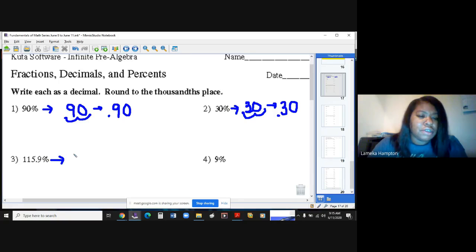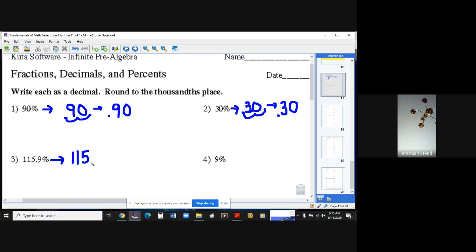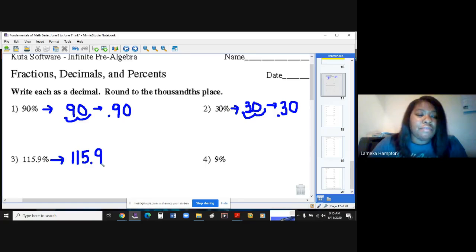All right. So now what I'm going to do, I am simply just going to rewrite my decimal. Now, as you can see, I went ahead and dropped the percent sign, because when I convert my percents to decimals, that's what you have to do. So I went ahead and I dropped it. And now I'm simply just going to move my decimal 2 places over to the left. 1 and 2. Okay. So when I do that,